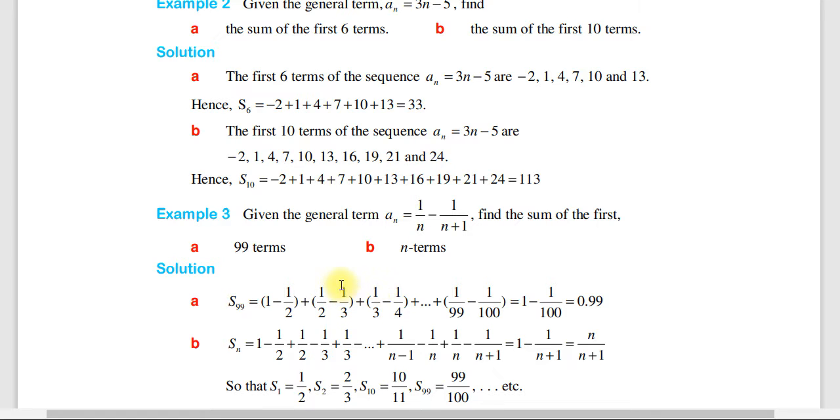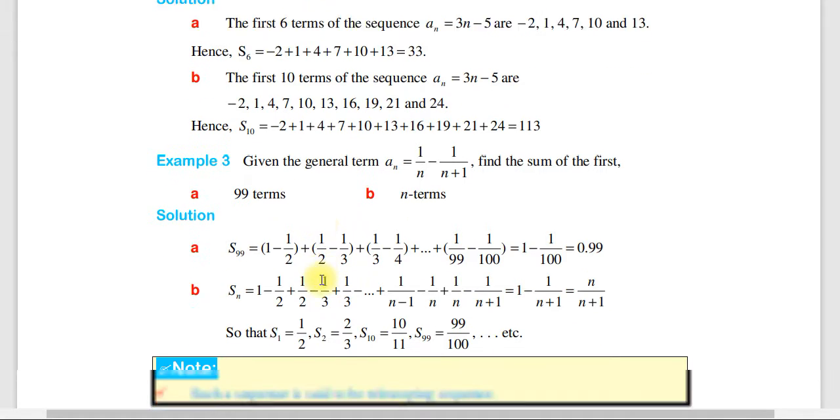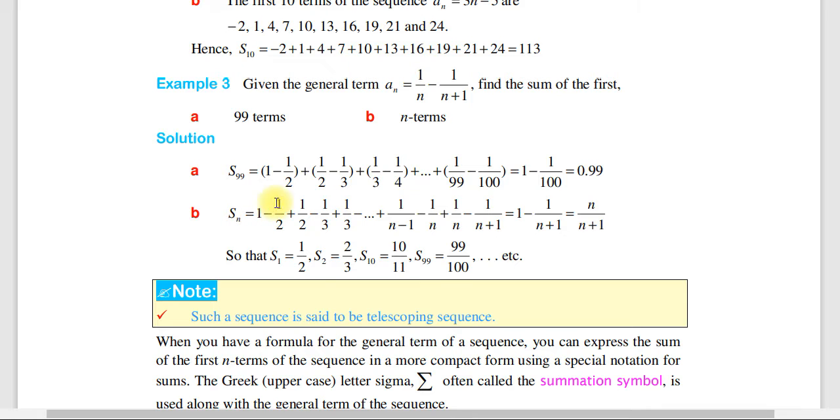-1 over 3 plus 1 over 3 አለ ይጠፋል ማለት ነው፣ እዚህ -1 over 4 plus 1 over 4 ስለሚሆን ይጠፋል። ፋይናሊ ምን ይቀራል? እዚህ ላይ ያለችው 1 እና እዚህ መጨረሻ ላይ ያለው 1 over 100 ይቀራል፣ which is 0.99 ይመጣልናል ማለት ነው። የ n terms summation ስንፈልግ Sn is equal to 1 minus 1 over 2